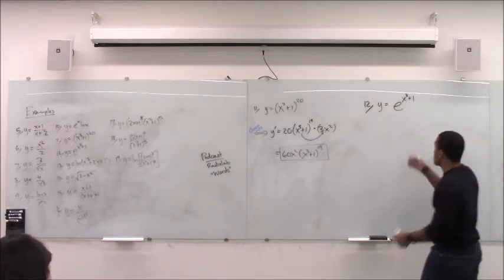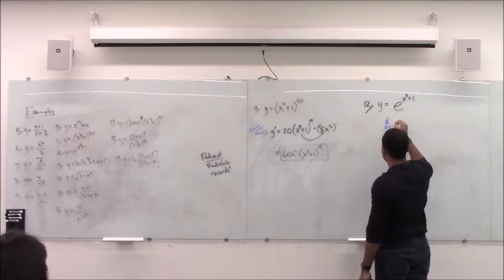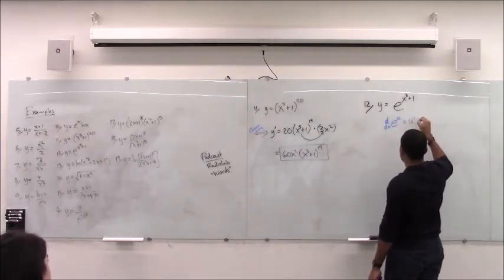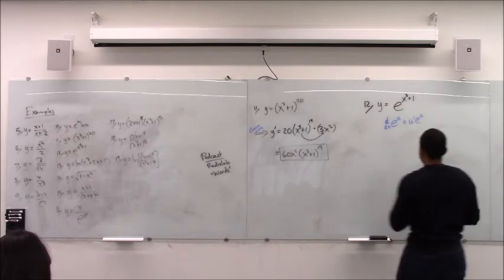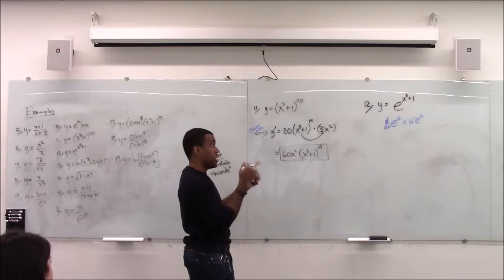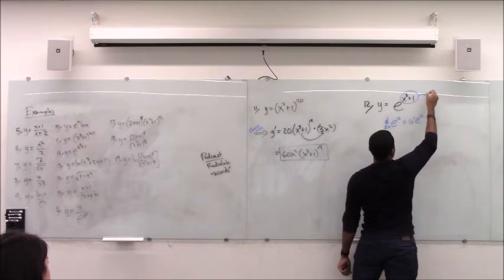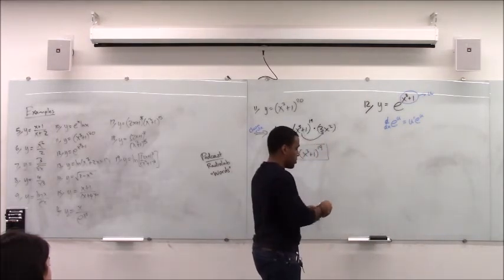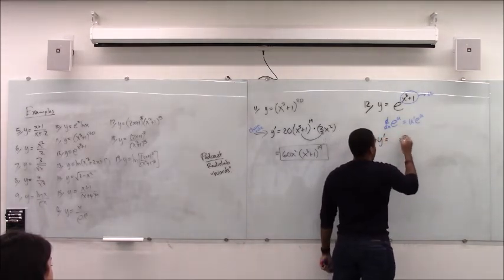The derivative of e to the u equals u prime times e to the u. Yes, we derived that by the chain rule, and if you think about it that way, that's completely fine. Another way to think about it is that we have a formula for this specific situation. The x cubed plus 1, I could just think of that as a u. And so as Ava said, at the end of the day, it's e to the u,